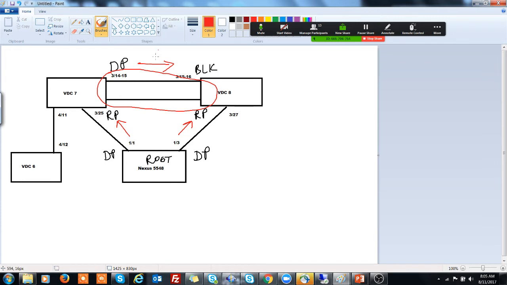VDC number 8 is going to block that port for those very VLANs, because that's not the VLAN that is allowed there. And ultimately, you would see that the ports are not going to come into the loops. So there could be two approaches to solving this kind of problem. But what I'm going to do is remove that network command which we implemented yesterday, and instead of implementing it in that sense, we will implement it through our loop guard feature.